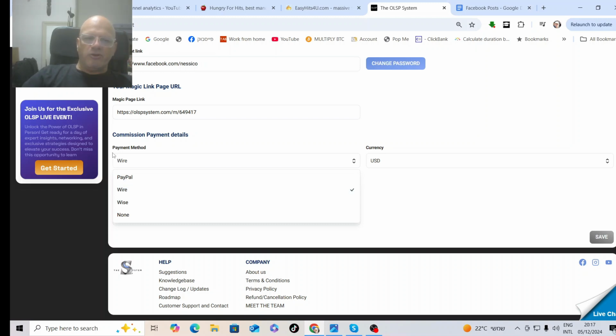And the third option is to use Wise, if Wise is supported in your country, so you can get the money straight to your Wise account. So 3 options over here. You choose whatever you want, and most important, fill out the last field over here, and you click, and most important, you click on save. Now I can make my withdrawal,